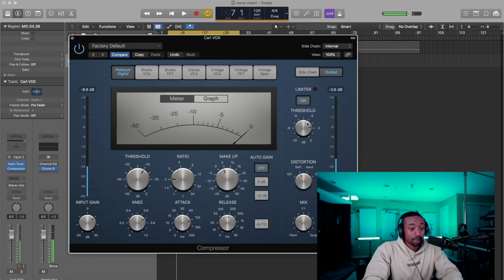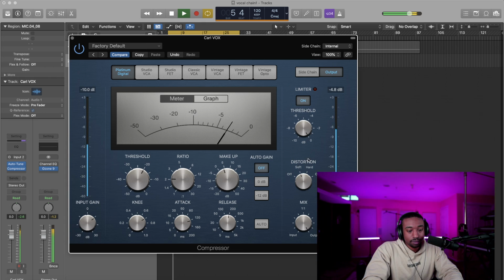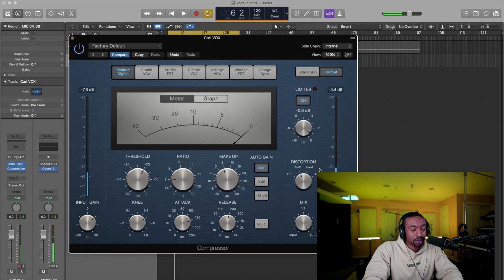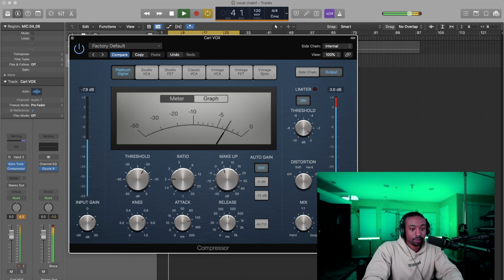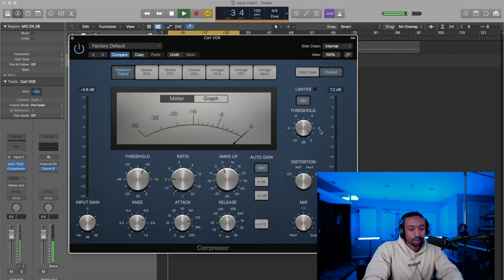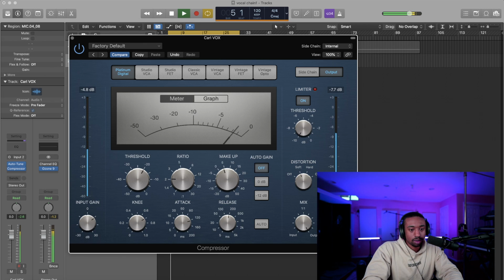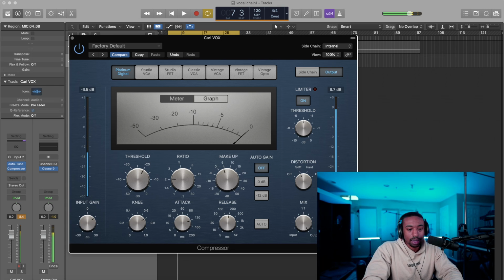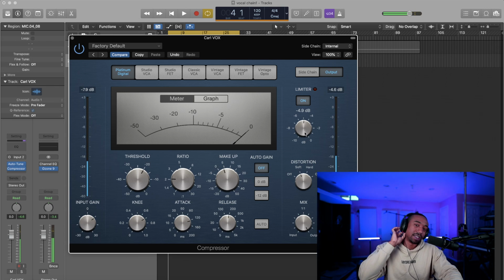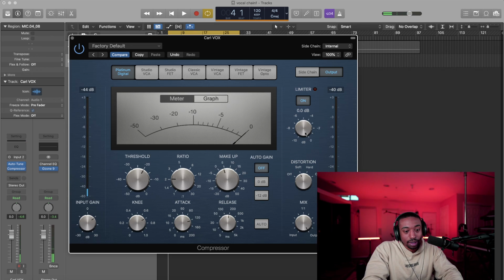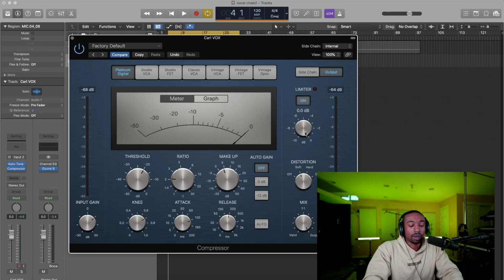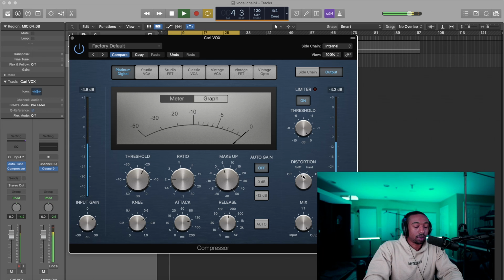This even has a built-in limiter. Now I'm pretty sure the limiter is after your output gain. I'm not sure actually. To test it, I'm going to make it. Looks like it's not after, which is weird. You'd think the limiter comes after the output gain, but I guess not. So you don't need to know what I'm talking about right now. That was just more for.